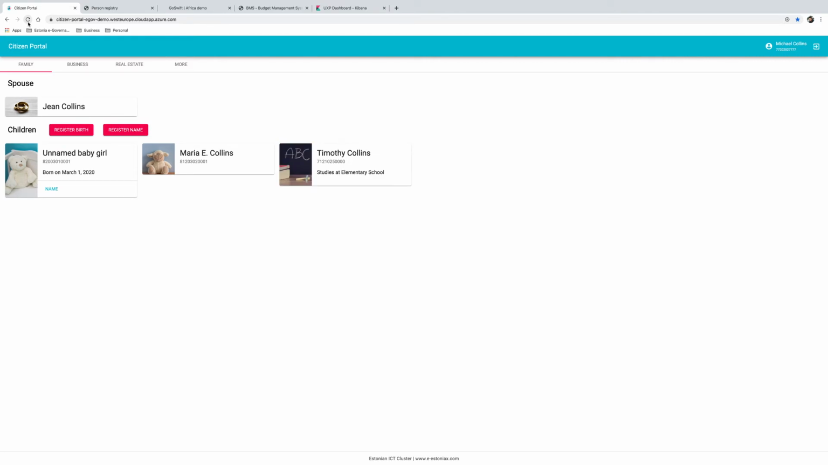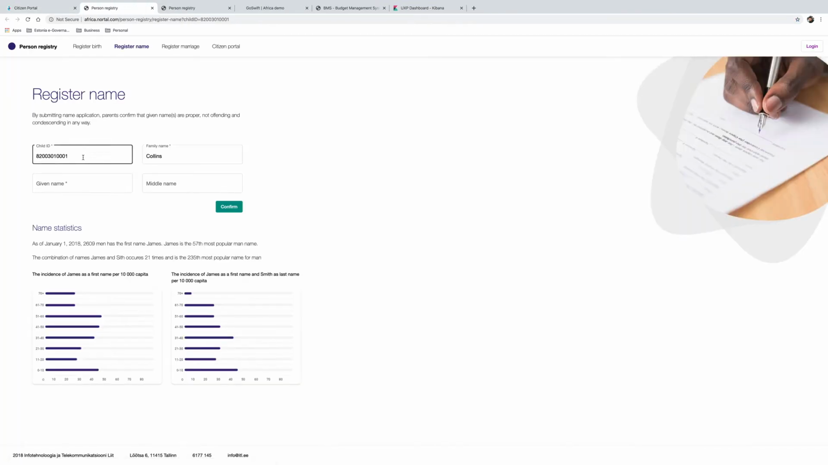It is interesting to note that the child already has a digital ID. Once again, it is a standard process that the child gets their ID number before getting a name. To register the name, Michael once again enters the Population Registry. All information about the child is already received automatically, and all he needs to enter is the name. Once this is done, we can see that a new child with the name of Helen Collins has been added